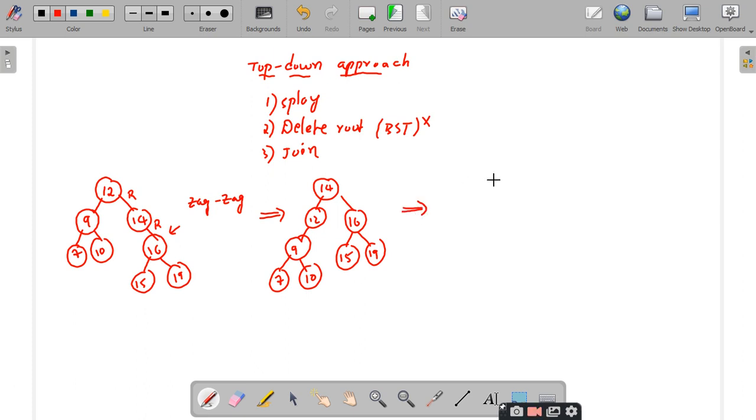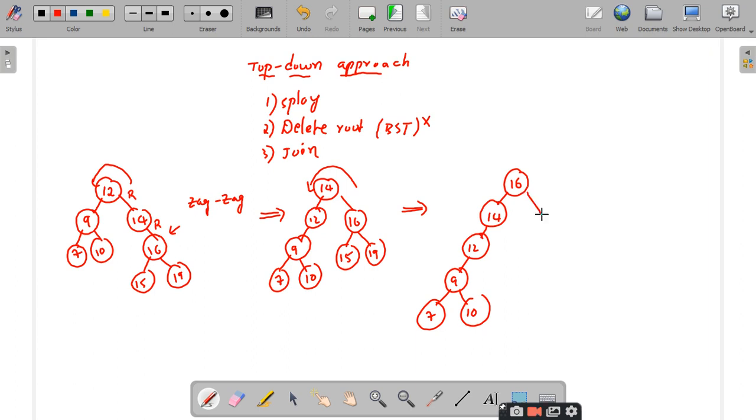And then again you perform a zag operation like this. So what should I get? I get it as 12, 16 followed by 14, 12, 9, 7, 10, 19, 15. Is this correct or not?